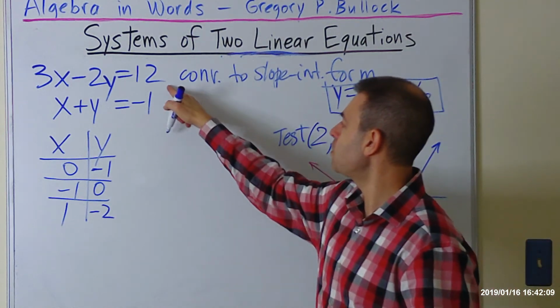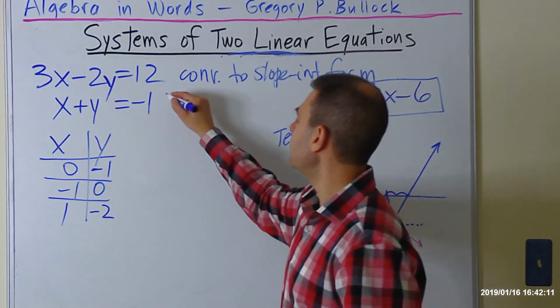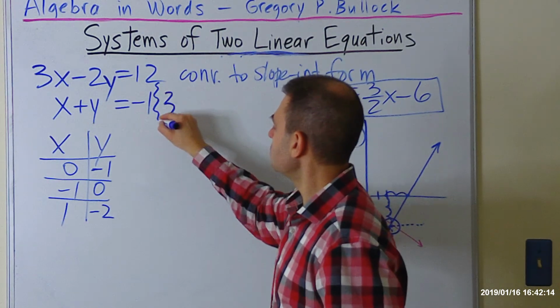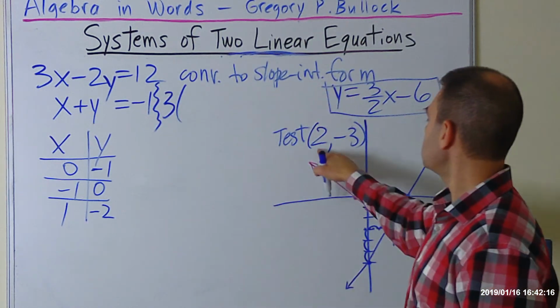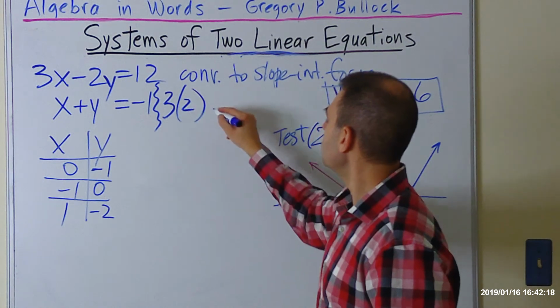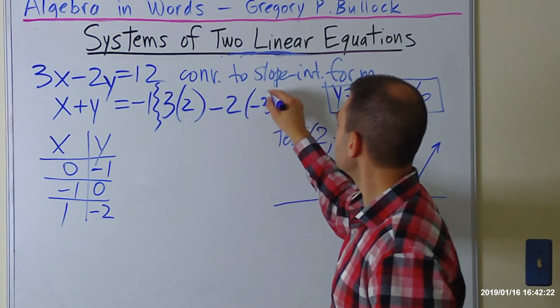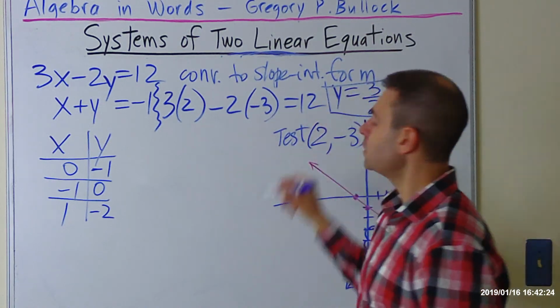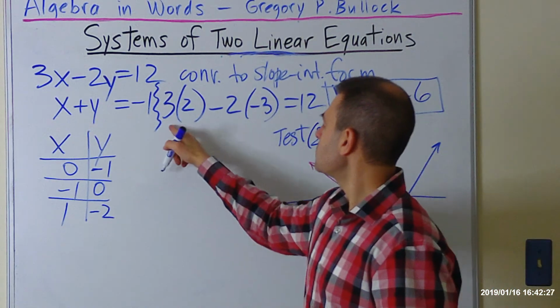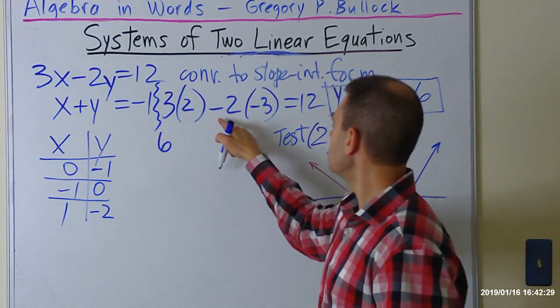Let's start with this equation, the top one. So I'm going to write 3, and in for x, 2, -2, and in for y, -3, equals 12. And let's simplify. 3 times 2 is 6, negative 2 times